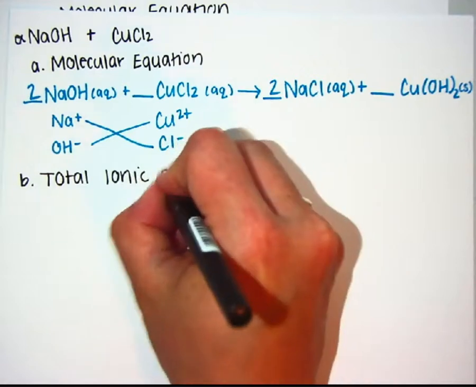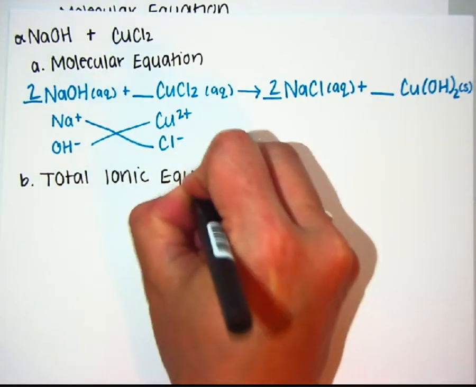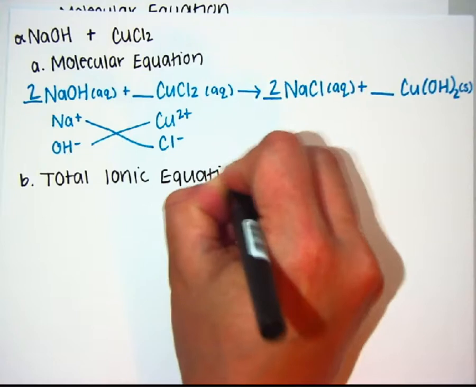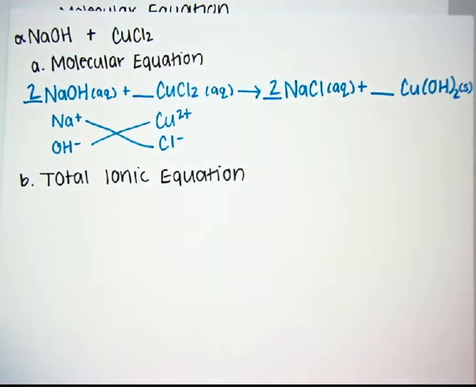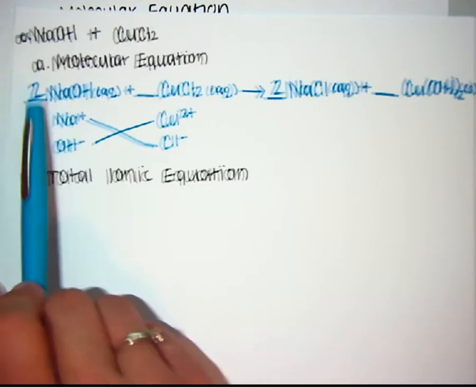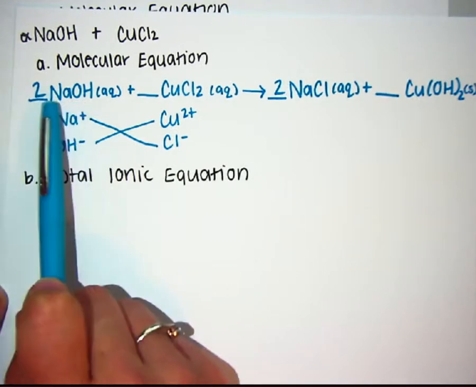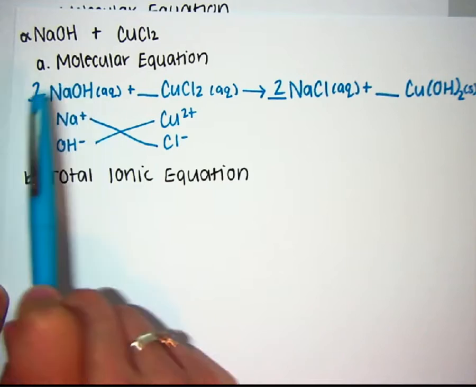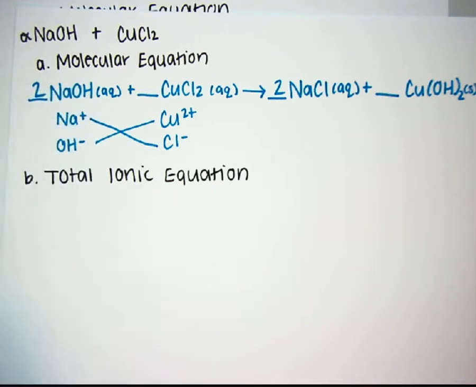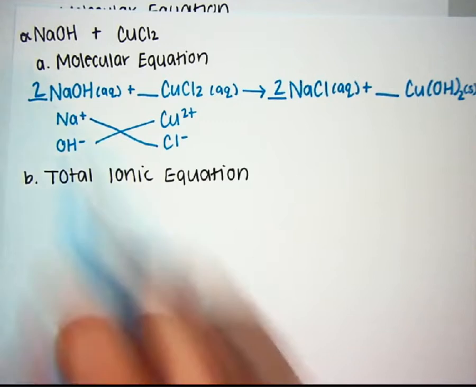Next, the total ionic equation. So again, we are going to break down all of our aqueous compounds into their individual ions. But we also want our equation to be balanced. So remember, coefficients go to both the cation and the anion. So bring that 2 down with you. So I have 2 Na,